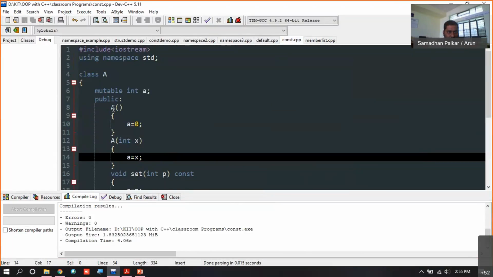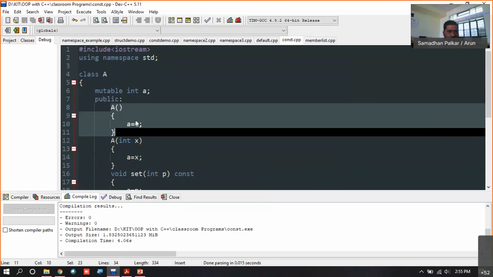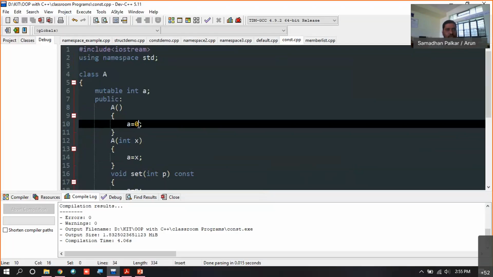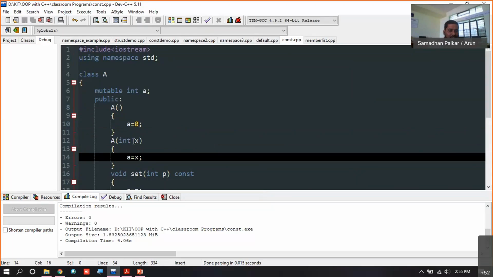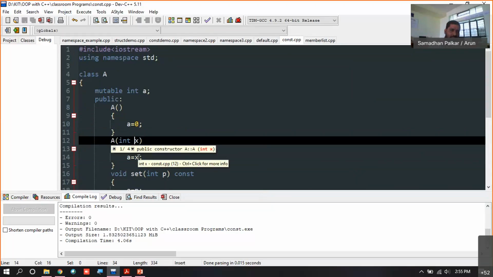This is a default constructor, and in this, if I want to assign a default value to the data members, then we can assign the default value here. Even with a parameterized constructor, we can pass the values as parameters to the constructor and assign those to data members as well.